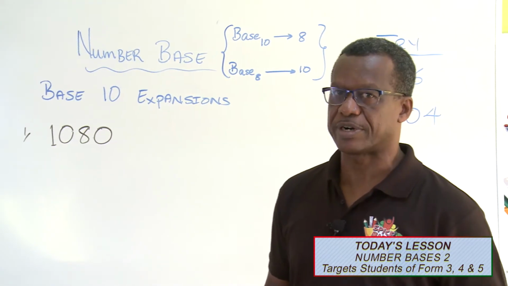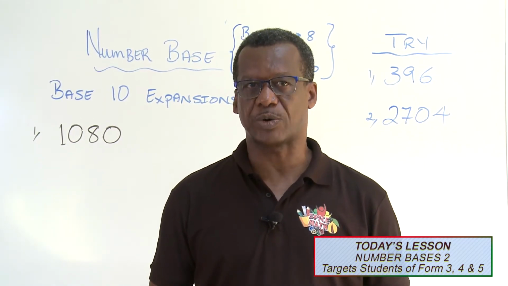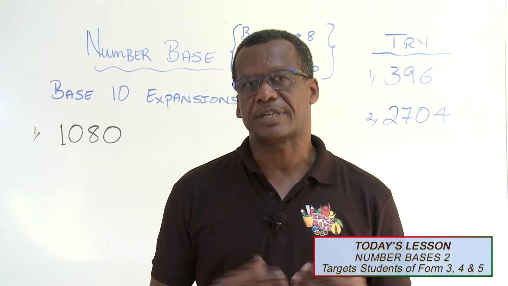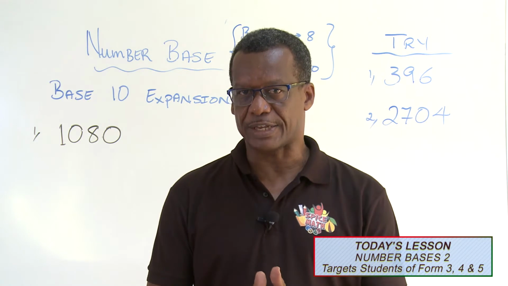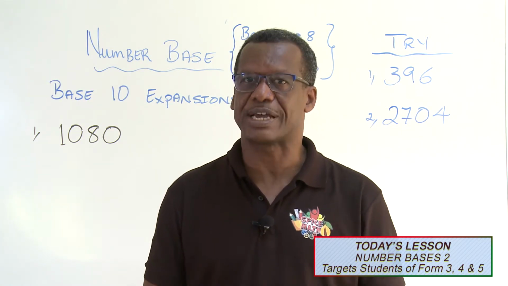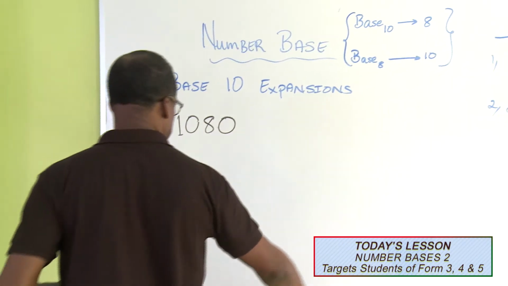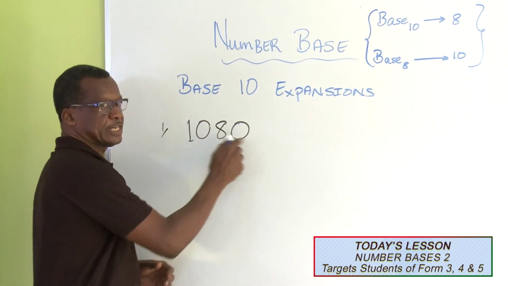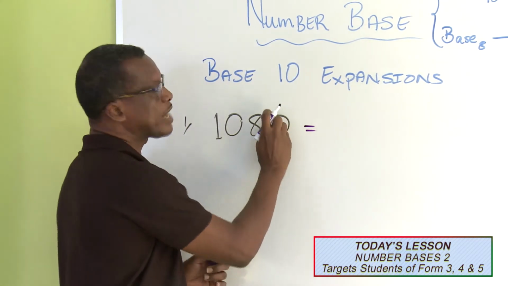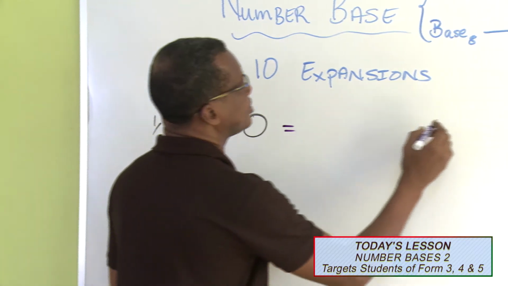I have a base 10 number on the board, and it's 1080. And we're going to look at how you can expand that number in base 10 by taking note of the value of all the columns and all the positions, otherwise known as the place value. Okay, so let's go to the board. 1080, we always start on the right of the number because the rightmost position would be the units. So 0